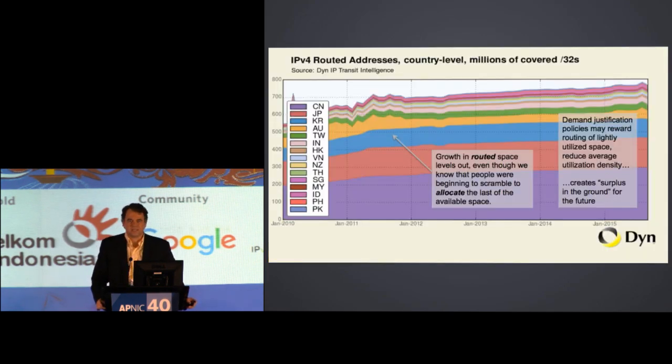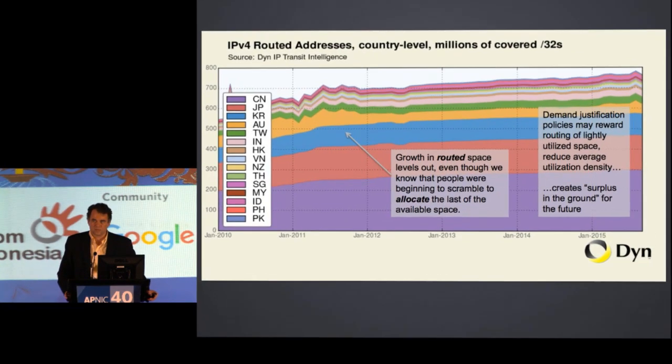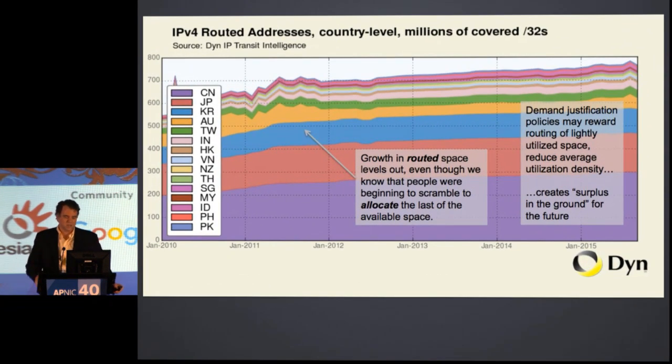But let's take a look at the data. So here I did something similar to what Jeff has done, and I'm only looking at the routing table. I'm not looking at the database. I'm not looking at the registry. I'm just looking at what we geolocate to the region for each country, and what's actually in use. And so this is going to be a conservative estimate of what's in the table. And over time it grows. And you can see that the growth has leveled out, right? The growth rate has started to slow,